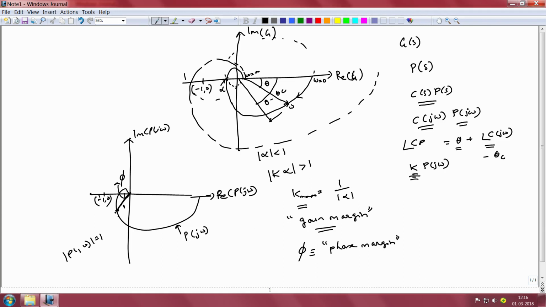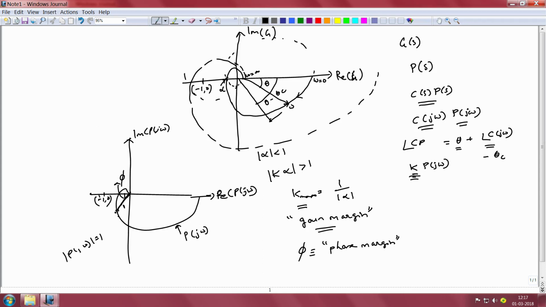So, in our interest to design controllers with adequately high gain and possibly also design dynamic controllers, we should make sure that in the vicinity of the frequencies where the magnitude is close to 1 and the phase is close to minus 180 degrees, our controller gain should not exceed 1 by alpha and the controller phase lag should not exceed phi, and this is required in order to ensure a stable closed loop system.